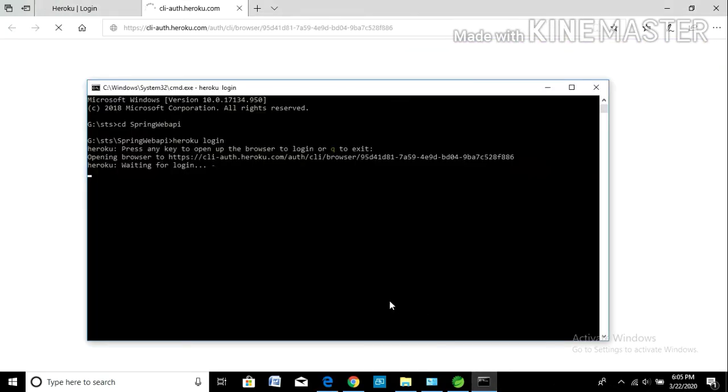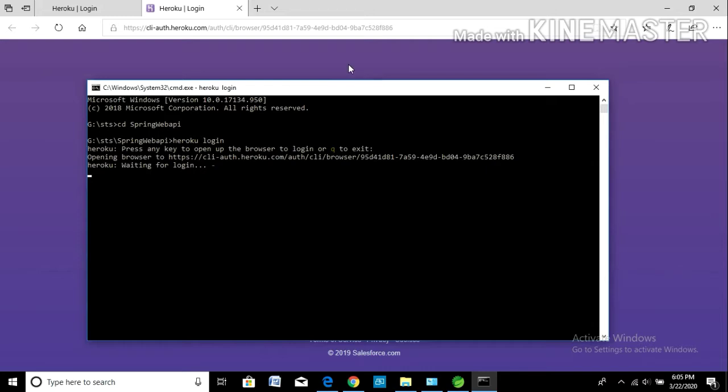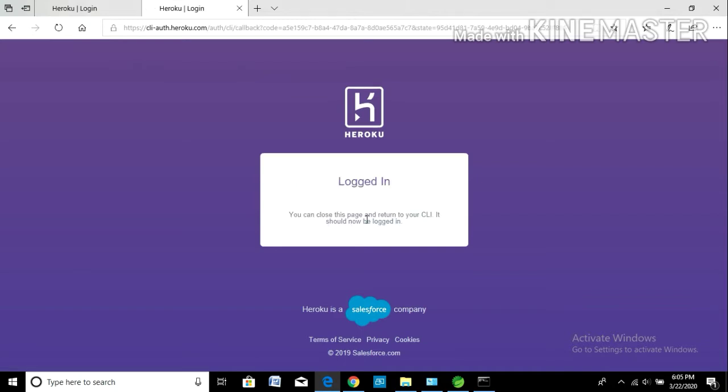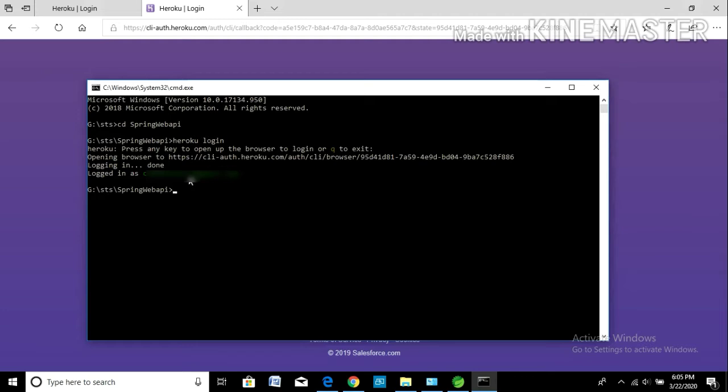After we type heroku login, it will redirect to a browser. Just click on login. You can see it logged in with my email ID.